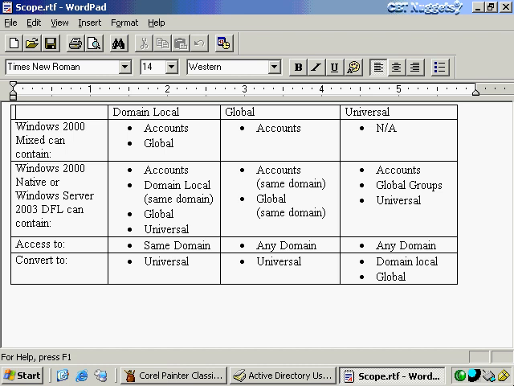So let's review what we can do with all of these things, and part of this has to do with the domain functional level. Now, for our context, and for most of what Microsoft discusses, your domain functional level will be either Windows 2000 native or Windows Server 2003 domain functional level, or DFL. However, I will also just briefly discuss what you have in terms of capabilities if you're in Windows 2000 mixed DFL. First of all, if you're in Windows 2000 mixed DFL, what can these respective groups contain? Well, a domain local group can contain accounts, and by that I mean just any user or computer account. And I can also nest global groups inside of a domain local group,